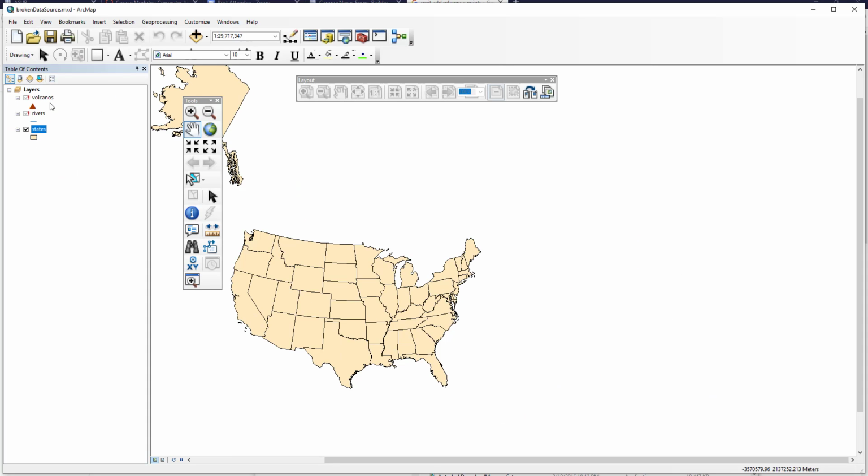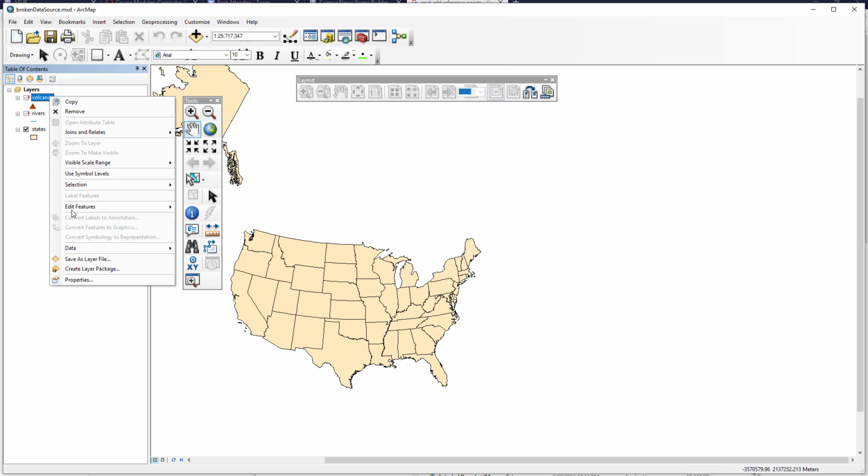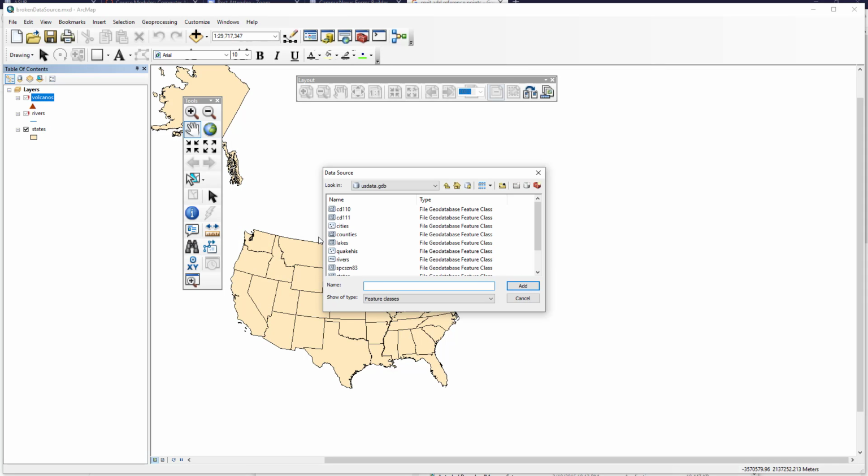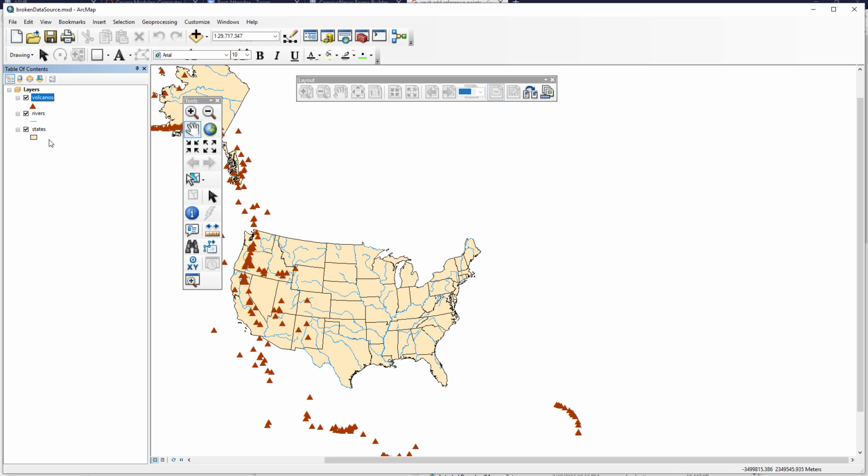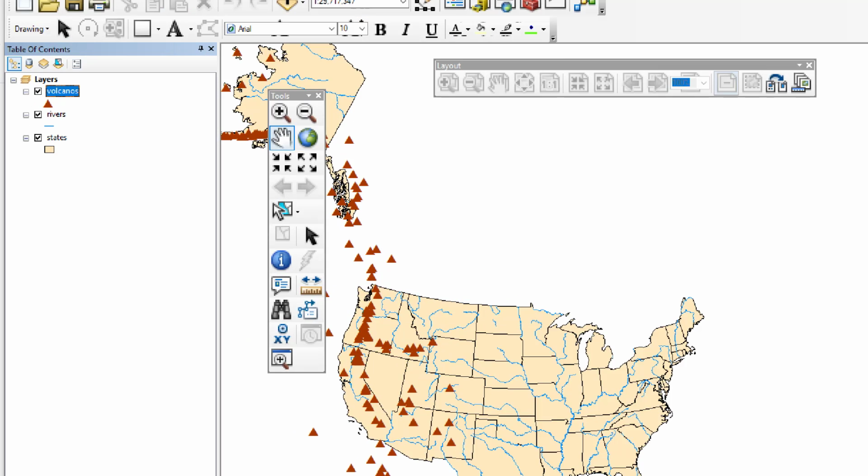There's another method that may correct all the layers. Right mouse button on one and pick Data, Repair Data Source. Browse to the feature class. This will correct all the layers that have that same path